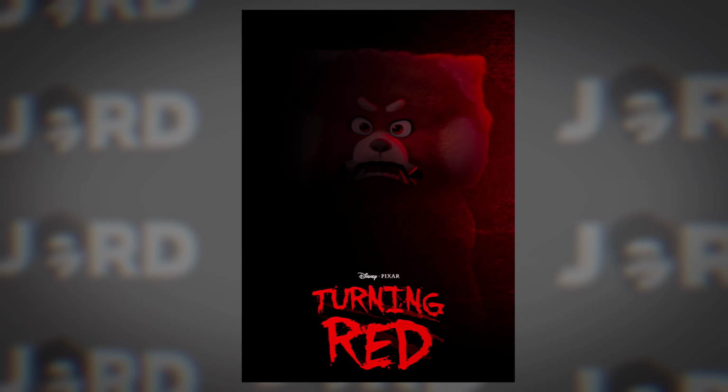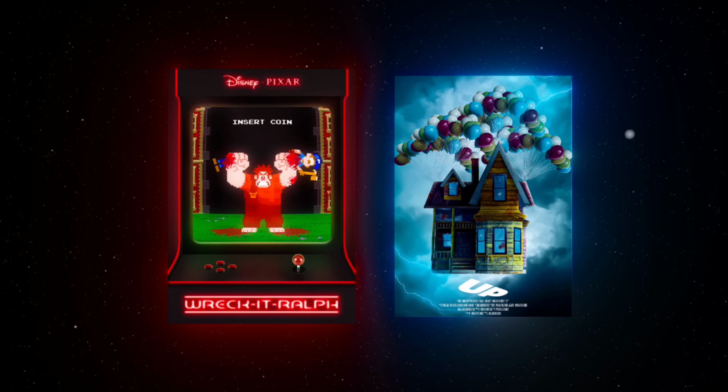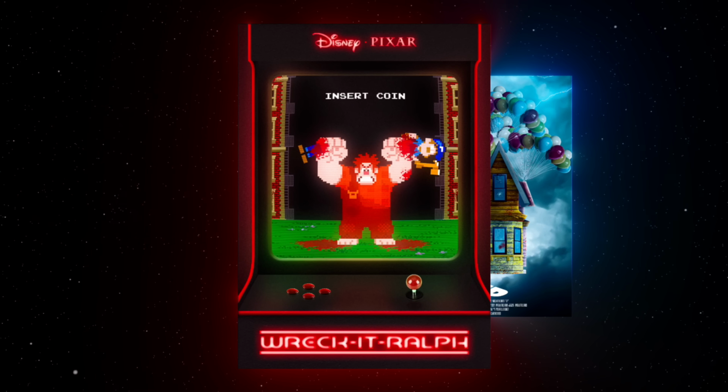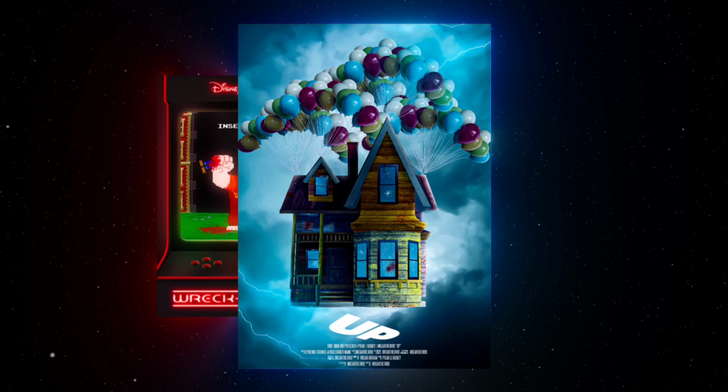I did actually make an extra poster for Turning Red, but I didn't like it, so I ended up scrapping it. I think this poster has a cooler concept, while this one just simply looks cooler, but let me know what you think in the comments,